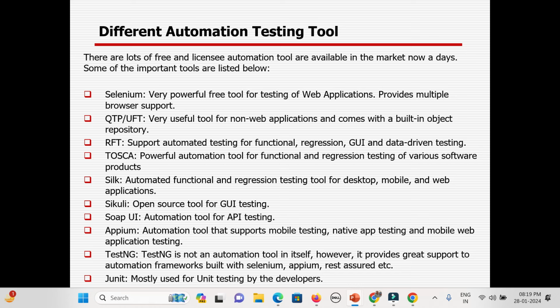Few tools are free, few tools are license-based. So you need to understand your customer requirement, whether they can provide the licensing cost or not. Then you can go for the licensed tool. Definitely a licensed tool has more advantages because you are paying the company, so they will have some additional features. But with a free tool, sometimes the additional features will not be there, and you need to integrate them or create your own code to get them. A lot of inbuilt frameworks like TestNG and JUnit can support your tool along with the framework.